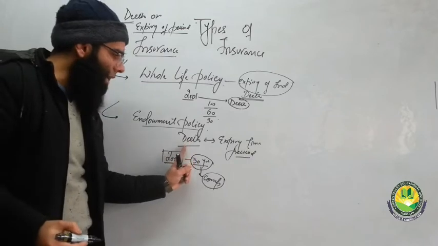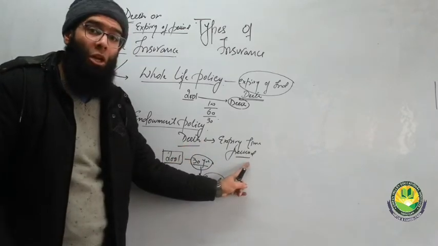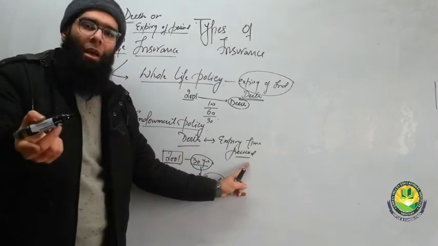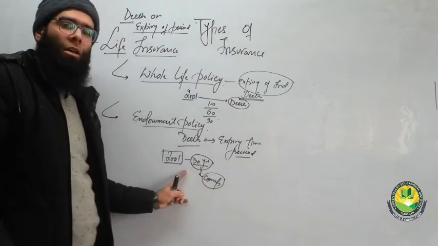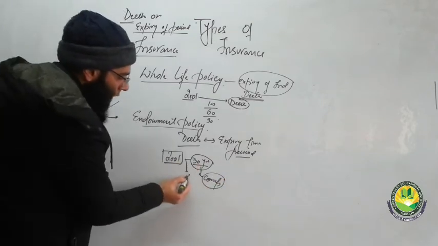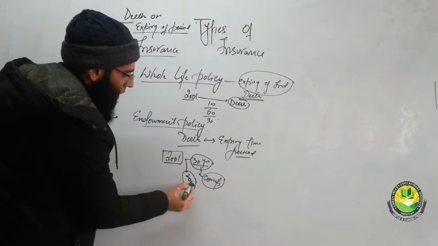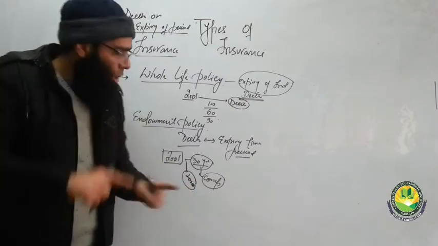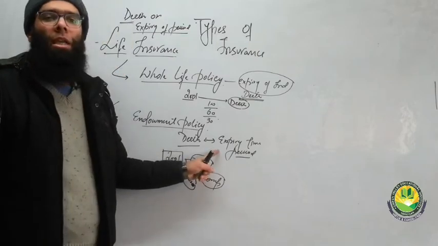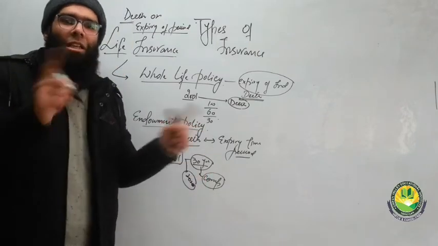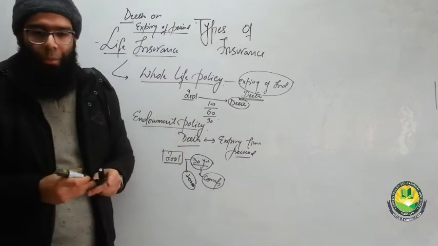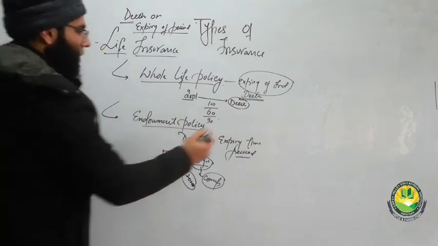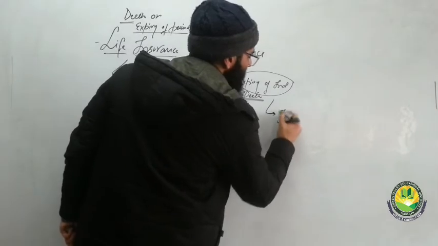So we said either death or the maturity of some time period, whichever is earlier. If a person dies before 30 years, say he dies in 2020, after only 20 years, again he will receive the compensation. So either the death or expiry of any period or maturity of that policy, whichever is earlier, the compensation shall be paid. Then the third policy that we have is the Janata policy.